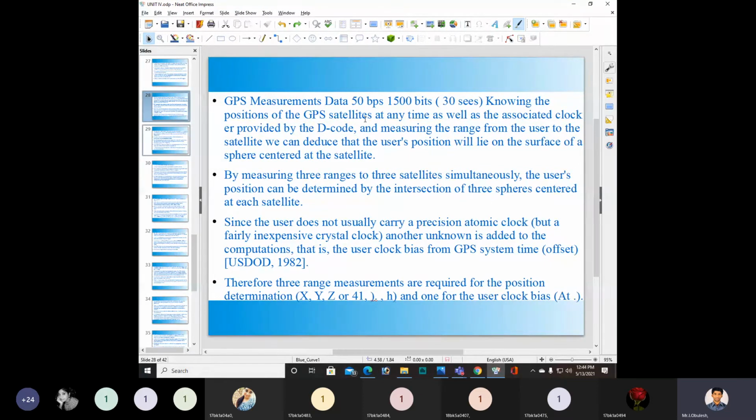Since the user, or the receiver, does not usually carry a precision atomic clock, another unknown is added to the computations. That is the user clock bias from the GPS system.